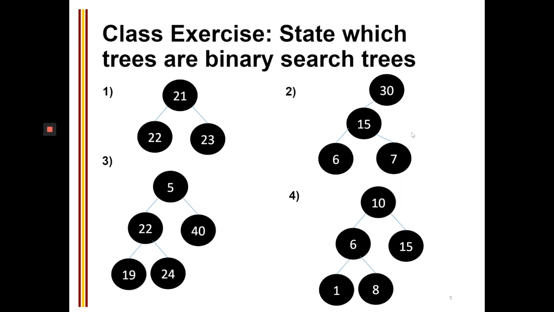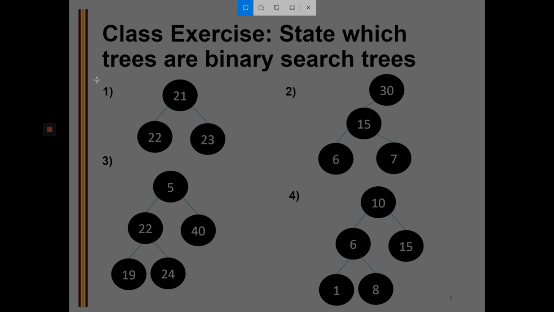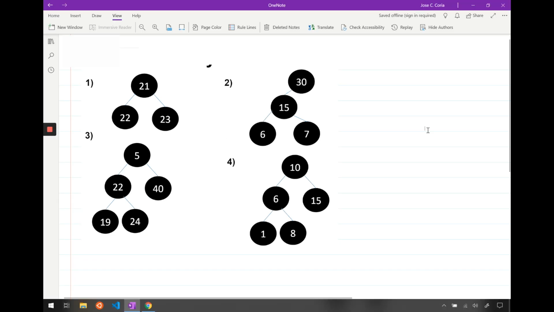Okay, so here are 4 quick trees, which we think might be BSTs, right? Some of these are not, some of them are. Let's do this. I'm going to go ahead and drop this into my OneNote. So, number 1, this is not